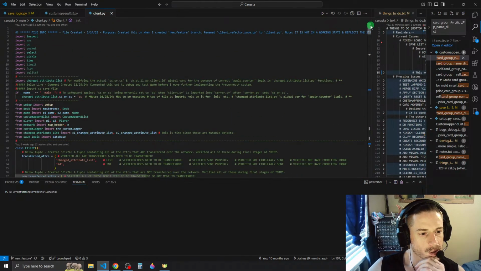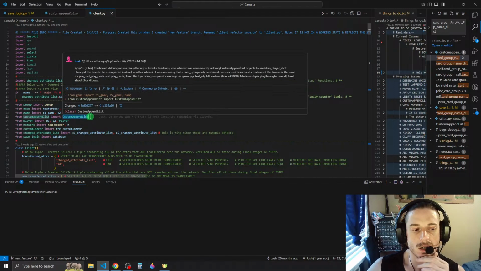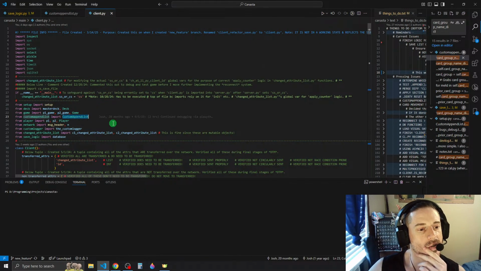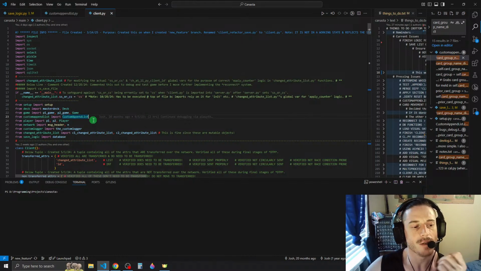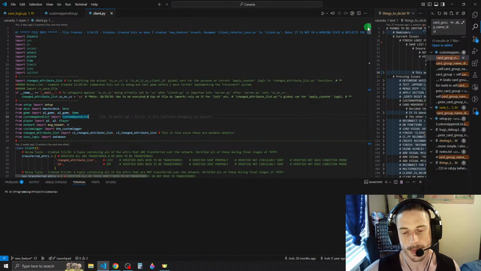Let's see. Okay, so we do actually. We import custom append list. So in that case, yeah, we would just literally say that we could just do this namespace custom append list dot, but it would have to be run after setup, and